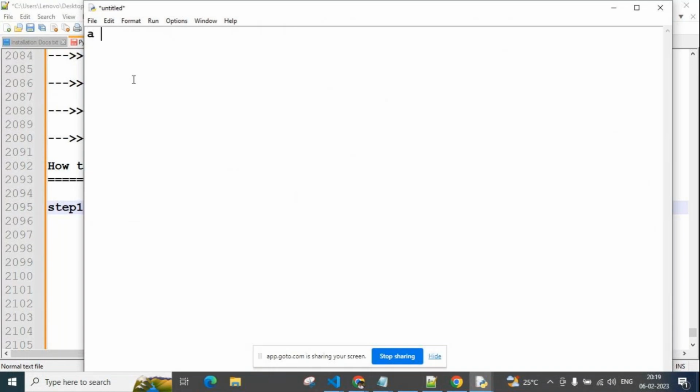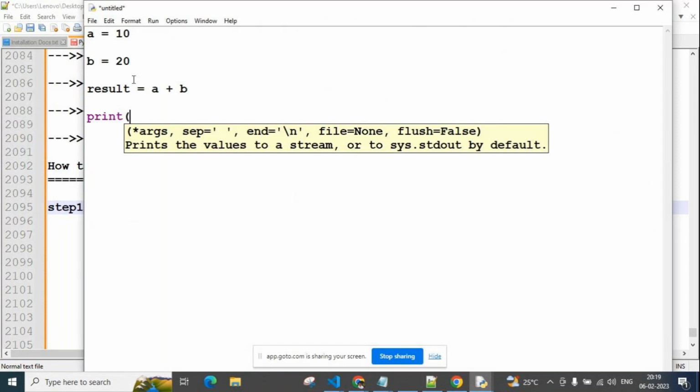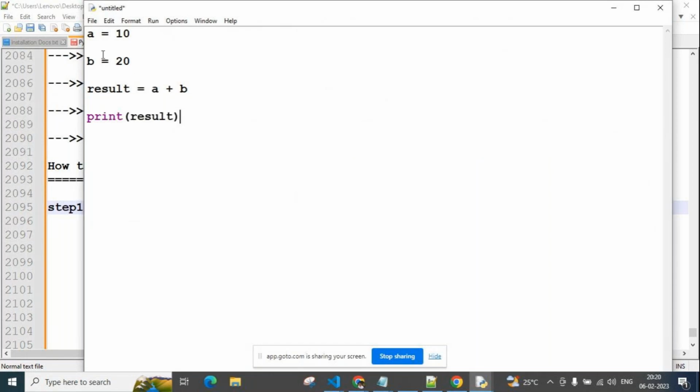As a basic program, I want to perform addition of two numbers. a equal to 10, b equal to 20, result equal to a plus b, and then print result. So I used four lines of code.